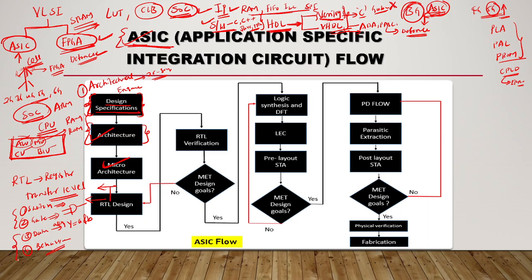So these two models, we write the program in RTL. For the RTL design, we do the synthesis. Synthesis is nothing but converting our program into hardware, that is, the gate level netlist. Normally, gate level netlist means internally it is converted into registers, flops, which are nothing but D flip flops.